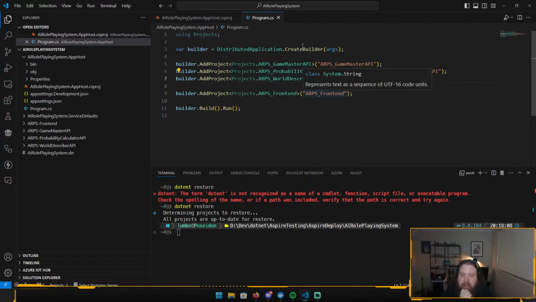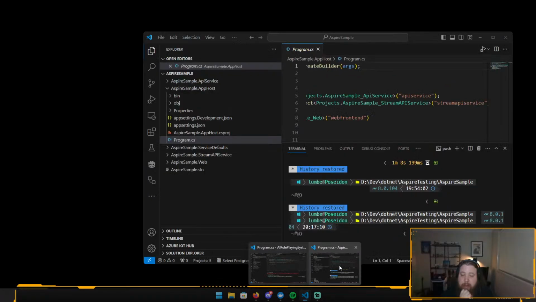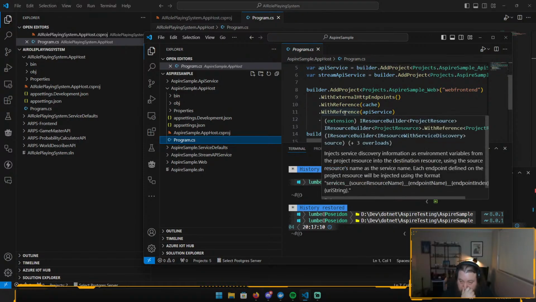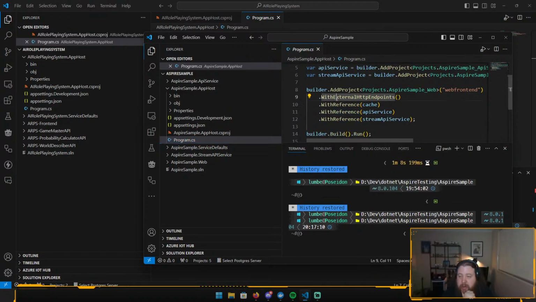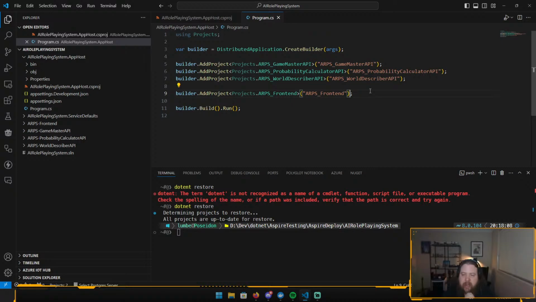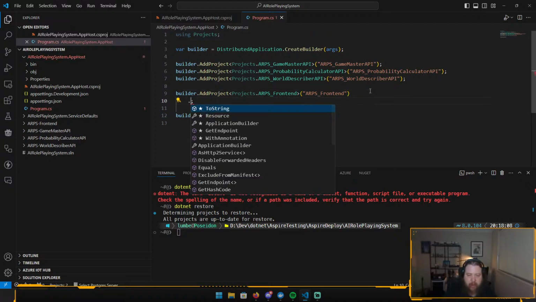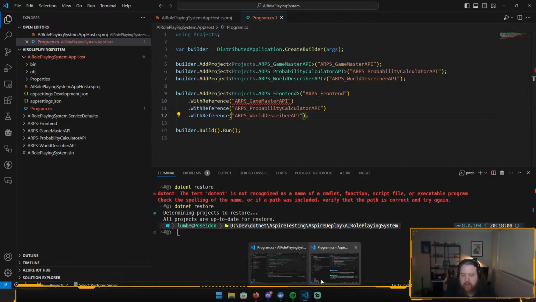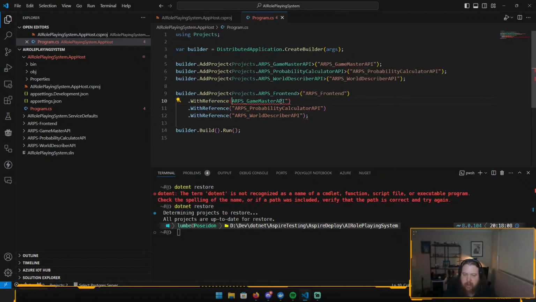Okay, so when we did that in the sample project, that was done here with references, and we're also going to add the external HTTP endpoint to our front end app. So we go, so it's reference, with reference, we'll just with reference, and